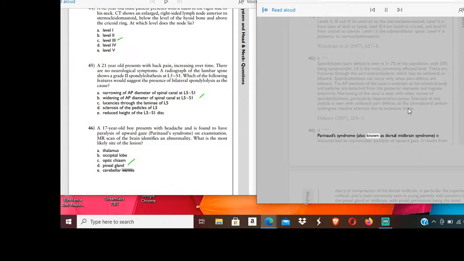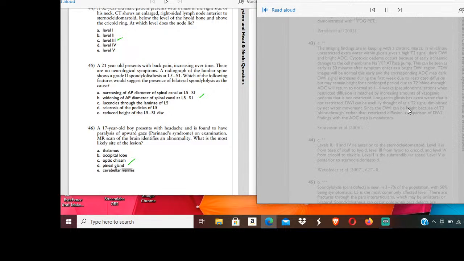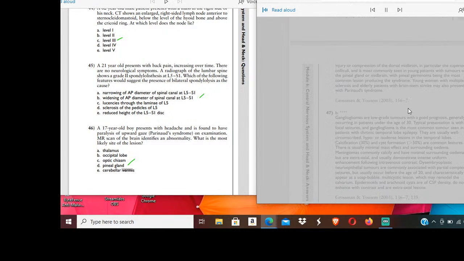D. Parinaud syndrome, also known as dorsal midbrain syndrome, is characterized by supranuclear paralysis of upward gaze. It results from injury or compression of the dorsal midbrain, in particular the superior colliculi, and is most commonly seen in young patients with tumors of the pineal gland or midbrain, with pineal germinoma being the most common lesion producing the syndrome. Young women with multiple sclerosis and elderly patients with brainstem stroke may also present with Parinaud syndrome. Grossman and